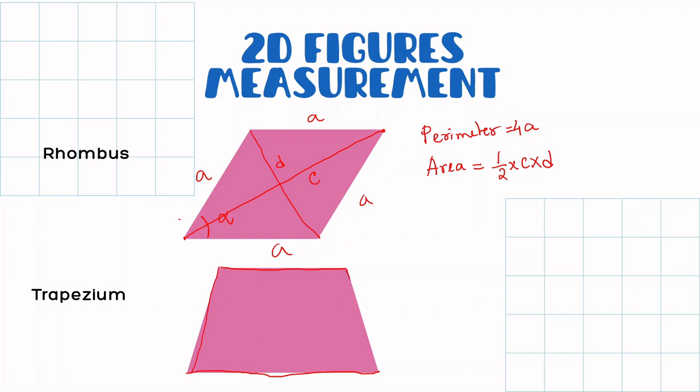This is the difference between rhombus and trapezium. In rhombus, opposite sides are equal and parallel to each other, whereas in trapezium, only a pair of opposite sides is parallel to each other. The other pair is not parallel to